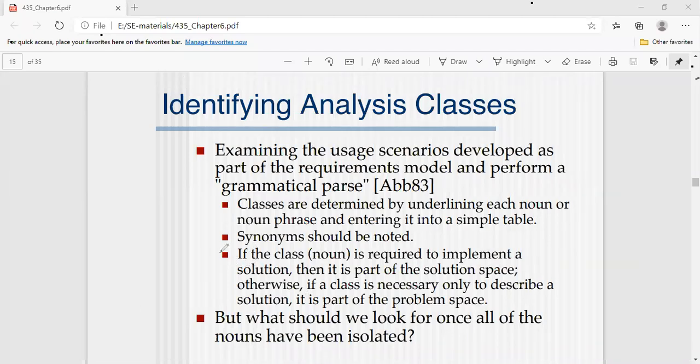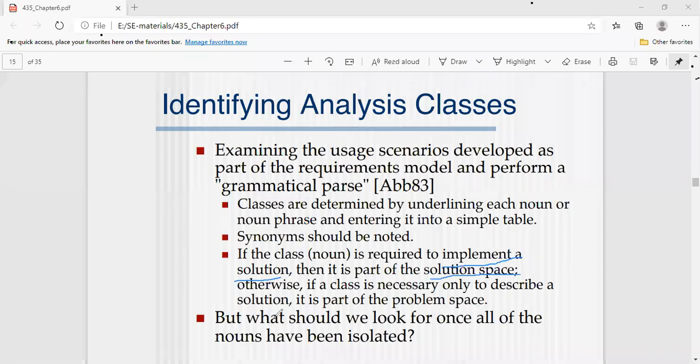And second, we may take synonyms related to that noun. So we may represent that class with a synonym of that particular noun. If the class is required to implement the solution, if the class name you have taken implements a solution, that name is related to a solution, then it is a part of the solution space.